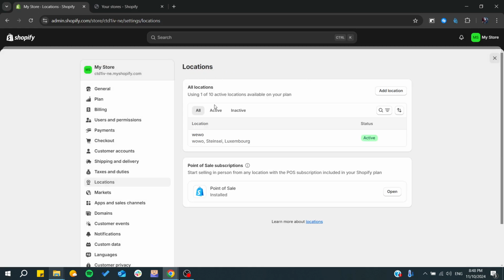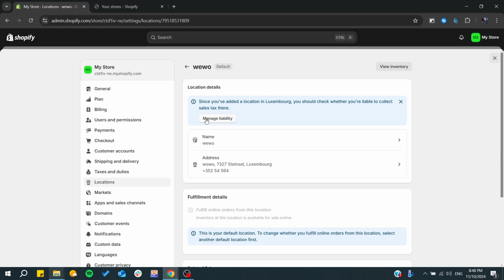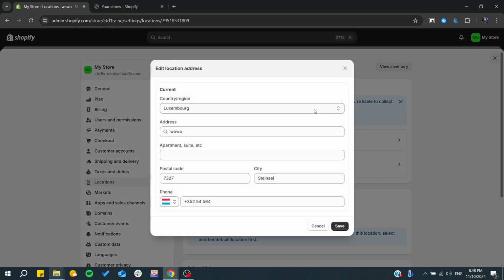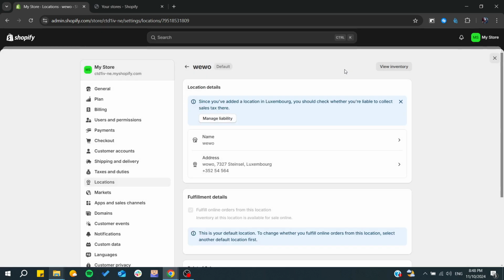If you want to change an existing region, you will need just to go here to your region list or location list. You click on it and then start changing your information for your country region for your store. So simply, those are the ways, or it is the only way, to add a country region for your store,